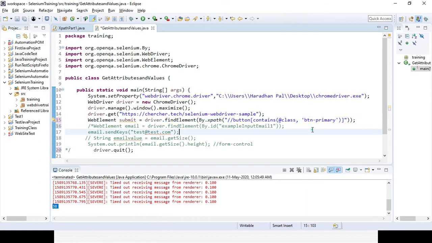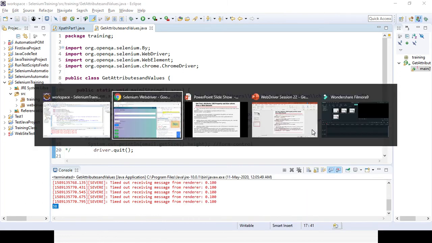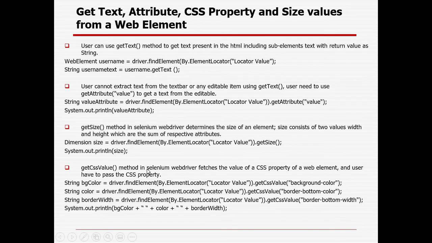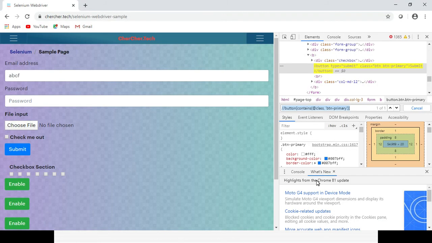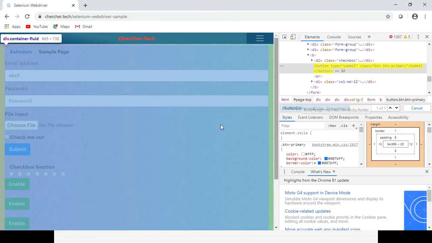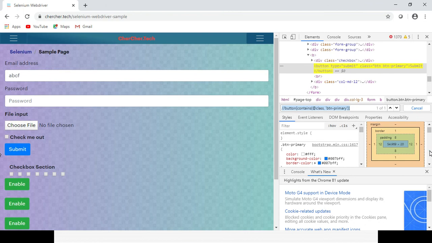I can get the CSS value with the help of the get CSS value method, where you need to pass the different values. So how can you identify how many different CSS properties there are? You can see if you highlight the object and drill down, all the CSS properties will be there, right?